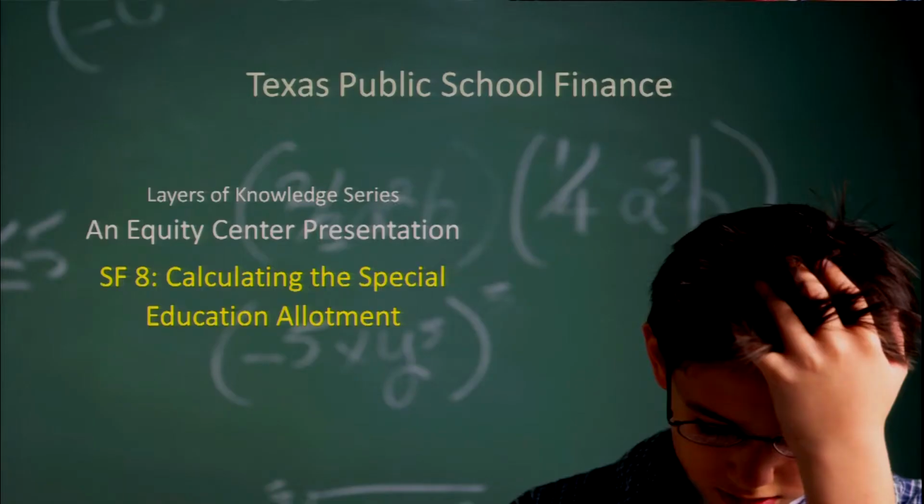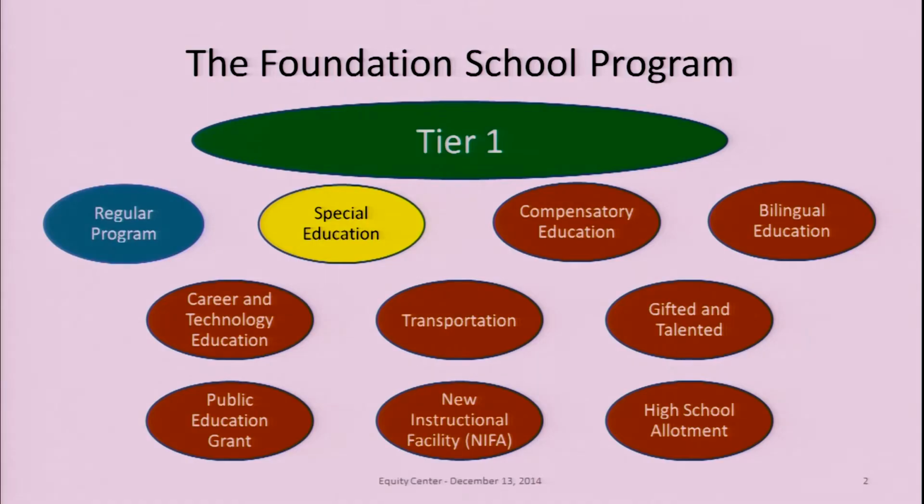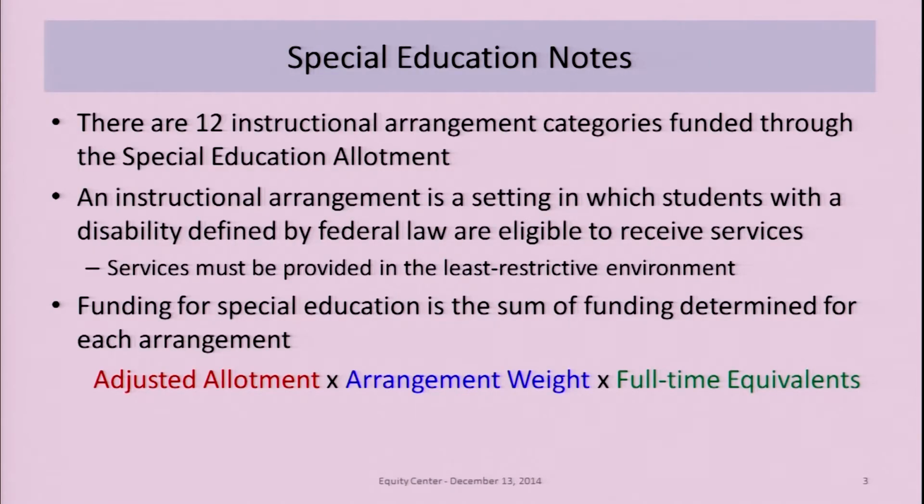One of the most significant allotments you have is for special education. It's very important, and it's a significant amount of money. And it's a little bit more complex than the others because there's different parts to it. But of the 10, special education we'll talk about right now, there are 12 instructional arrangements, and that's where the